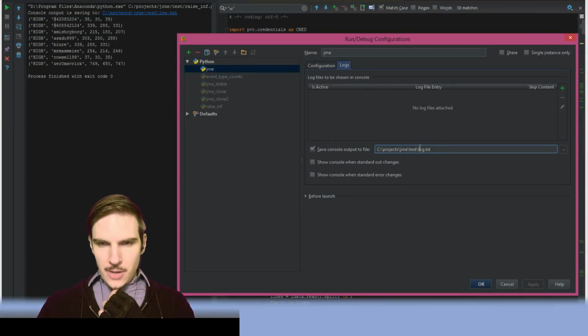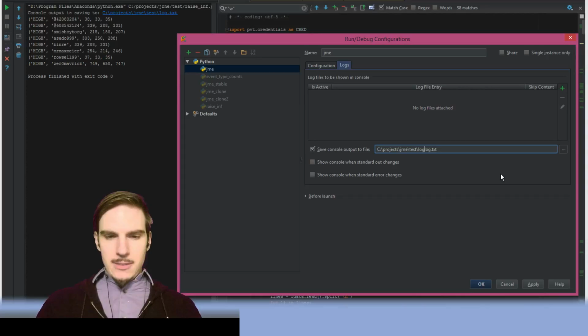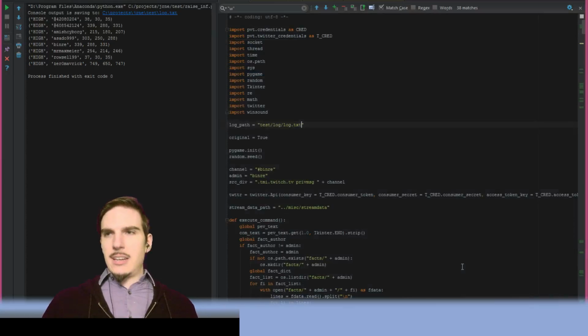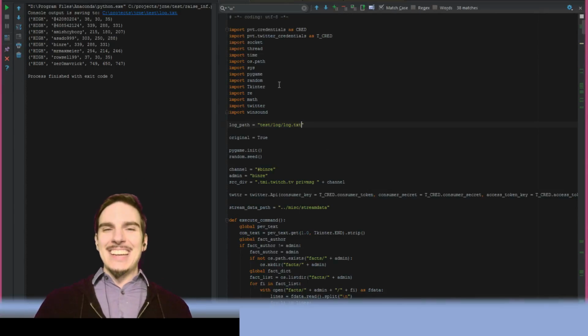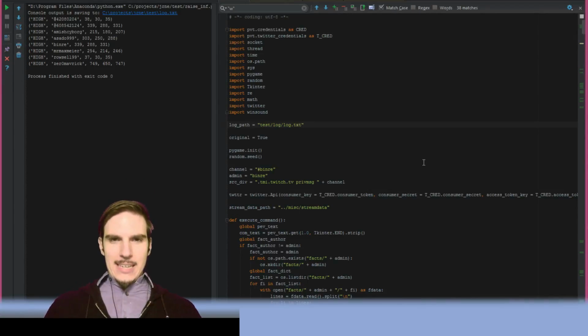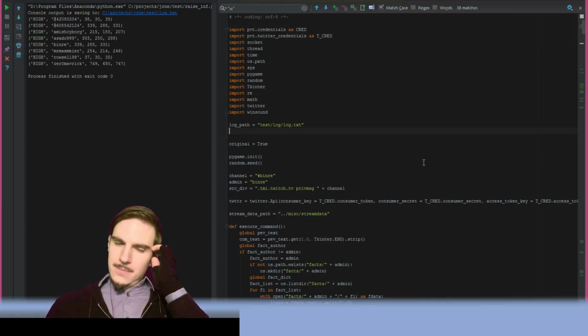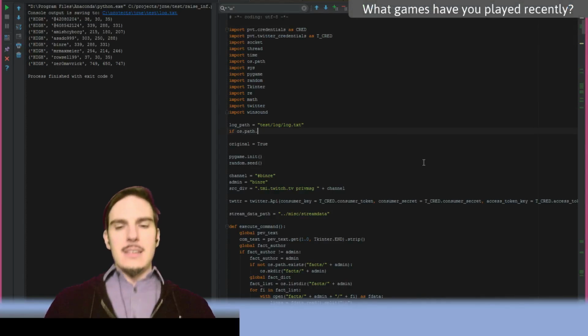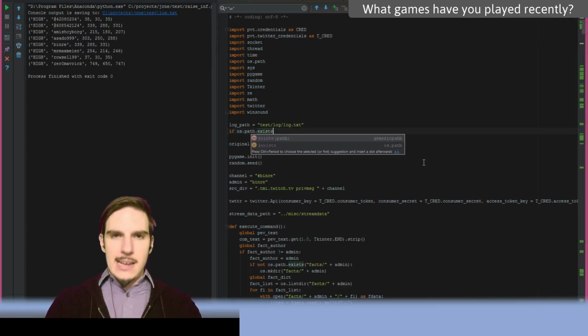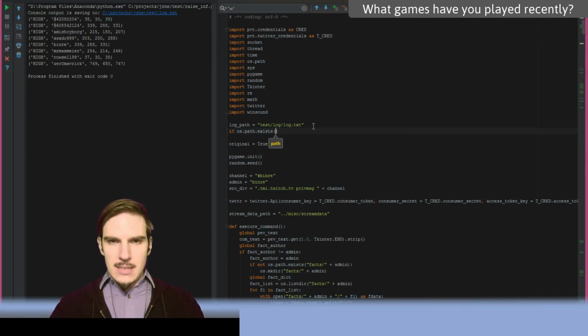Oh, whoops. So let's put it back in the log folder: log/log.txt. All right, and then we're gonna just say if os.path.exists test.log.txt, then